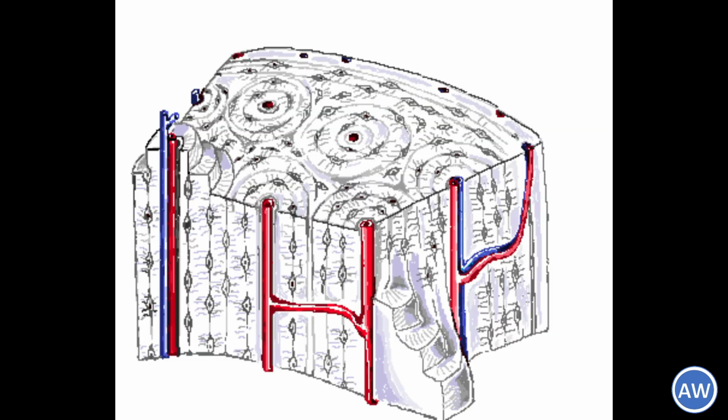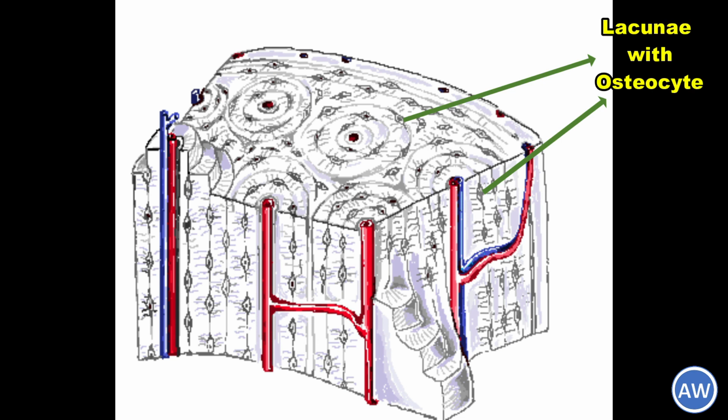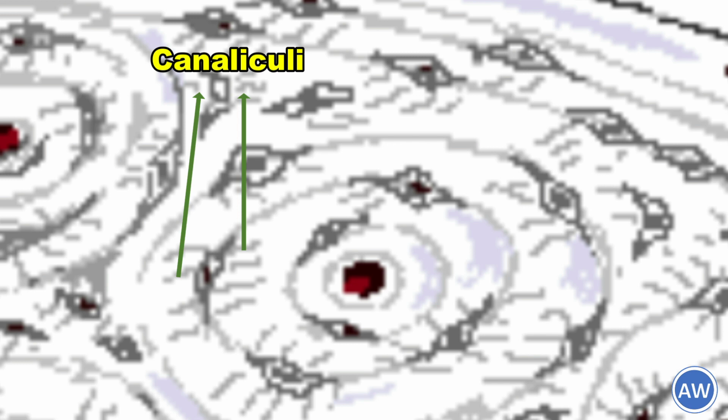Now, let us try to identify the structures present in this three-dimensional histology of a compact bone. Over here, you can see there are so many Haversian systems with a central Haversian canal, and by the side of it you can find the concentric lamellae. Now, in between the lamellae, you can see there are spaces which are known as the lacunae, and these are meant for the osteocytes. By the side of the lacunae, you can see some delicate spaces again, which are known as the canaliculi, and they are meant for the cytoplasmic processes of these osteocytes.